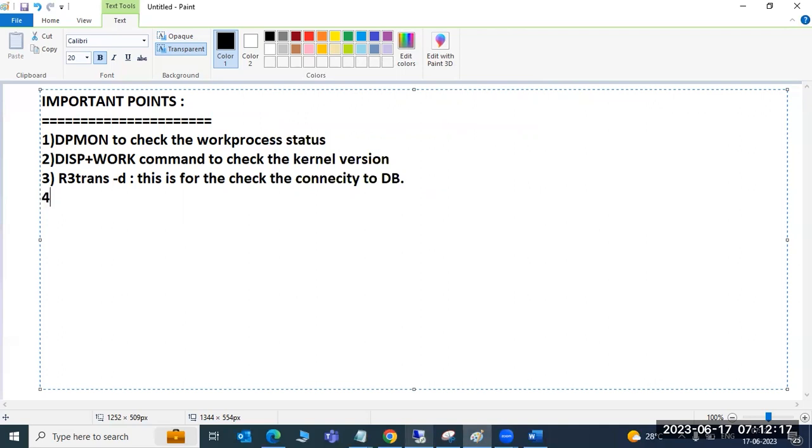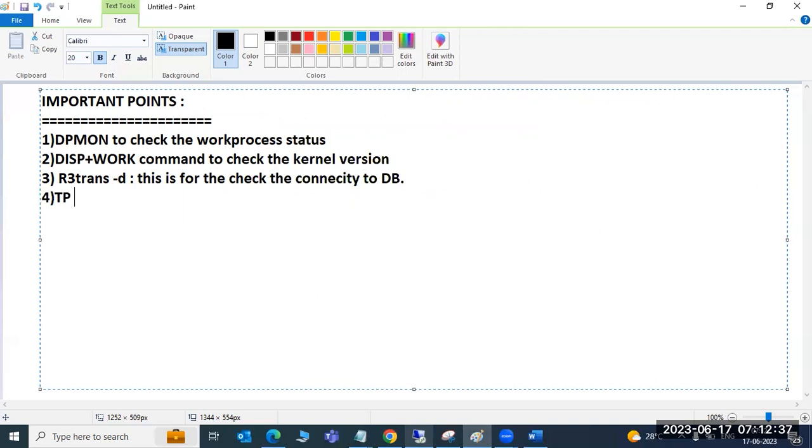And also tp. Suppose at the SAP level we import the transports using the STMS transaction code. But importing the transport at the OS level is also possible.